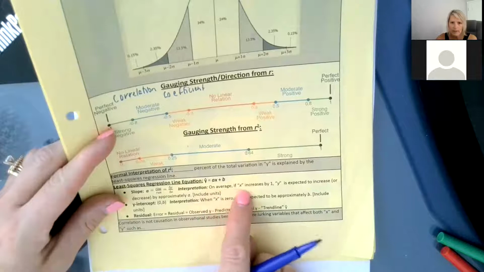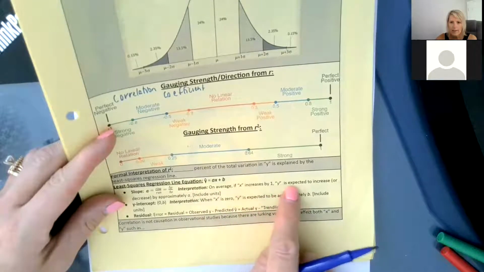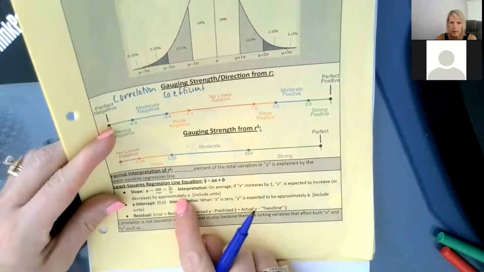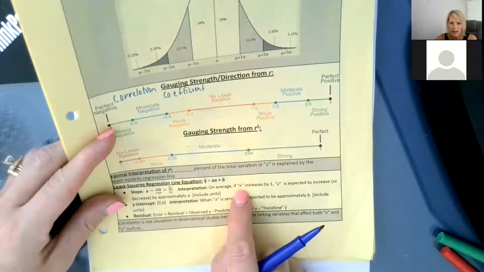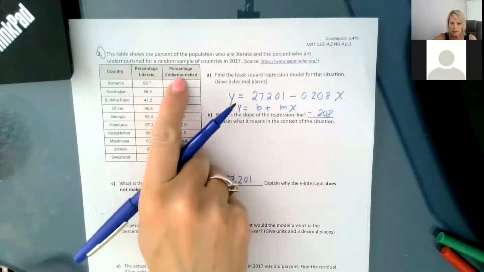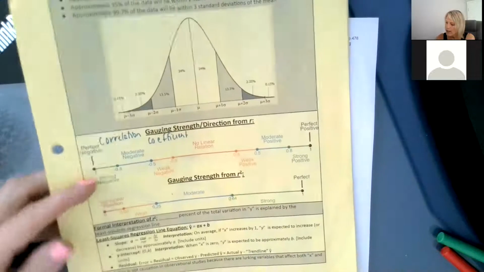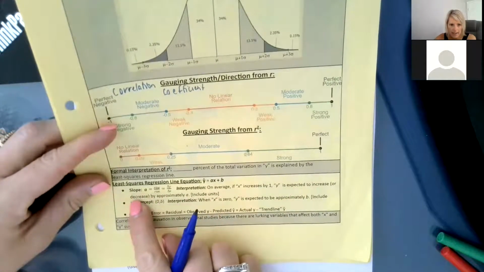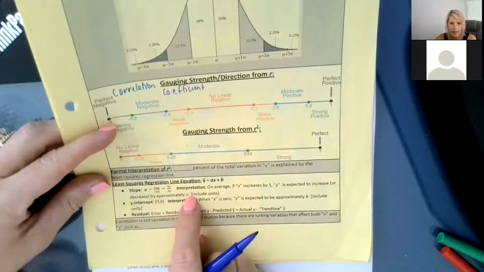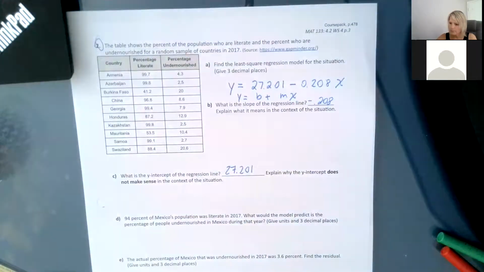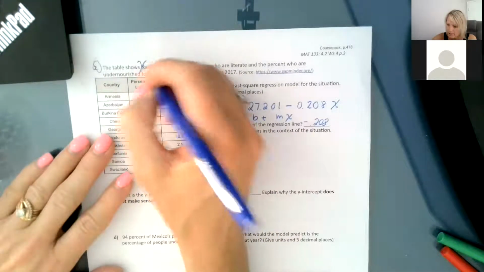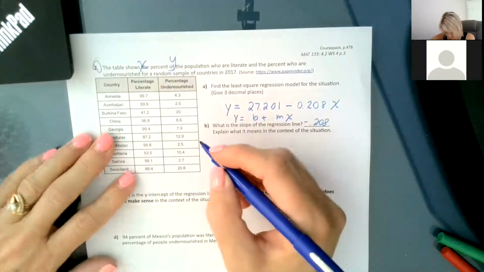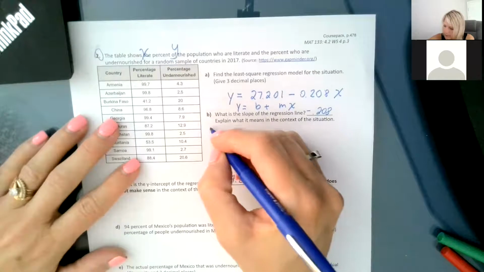On average, if X increases by 1, Y is expected to increase or decrease by approximately A. So the X is in quotes, Y is in quotes, because we're going to use our contextual variable here for X and Y. And then we're going to say decrease because our slope is negative. And then A is our actual value of the slope. Okay, so this is our X and this is our Y. So we're going to go ahead and write this: on average,